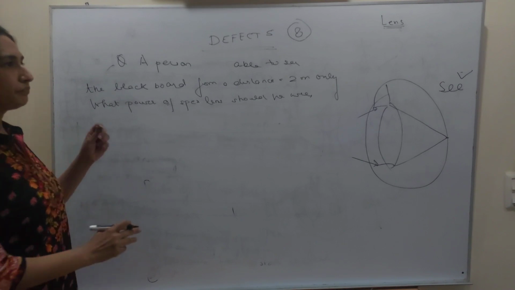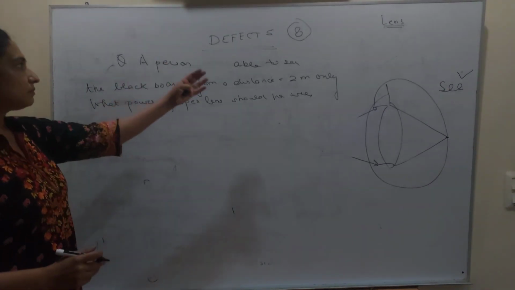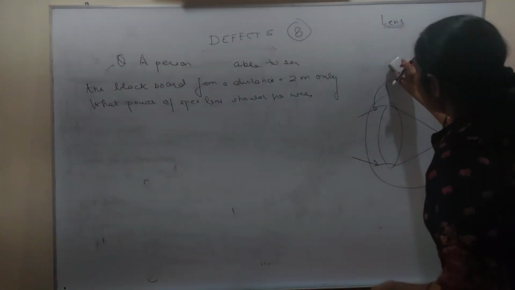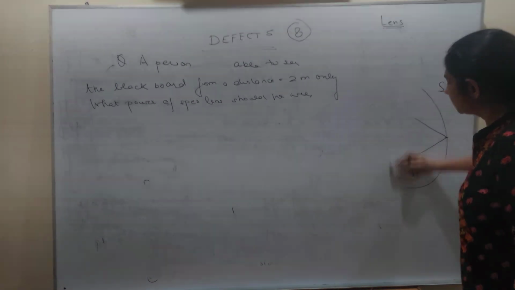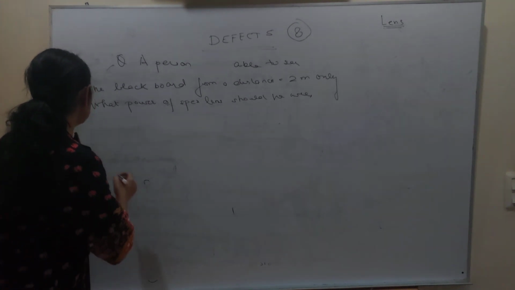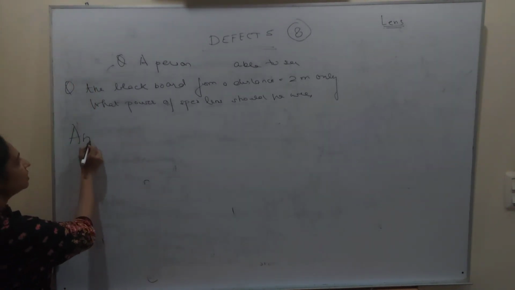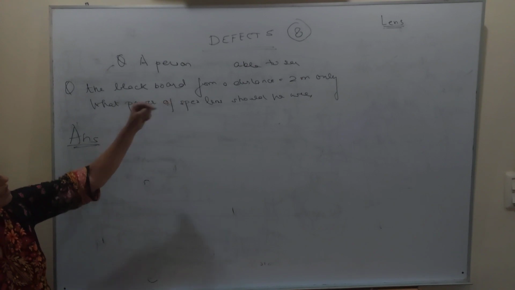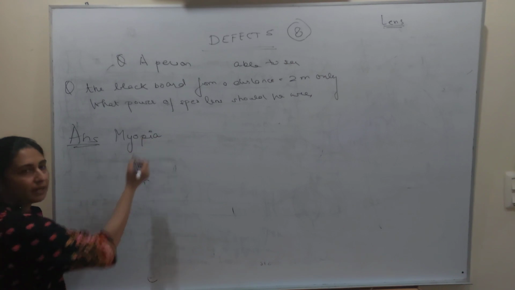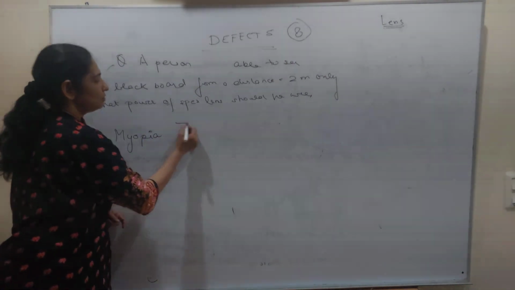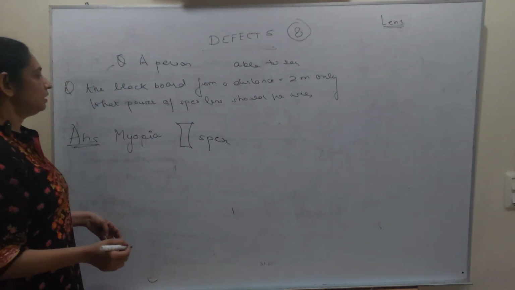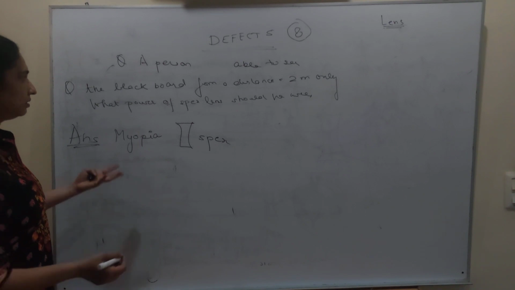Now, how do you solve this, whether it's a 2 marker or a 3 marker? Identify the disease. Right now we know we are doing myopia, so there's no problem. He can see only up to 2 meters, the far object is not visible. So the first step in the solution is to analyze the disease. Here the disease is clear, he is suffering from myopia, and the solution is also clear, he'll have to use these specs.